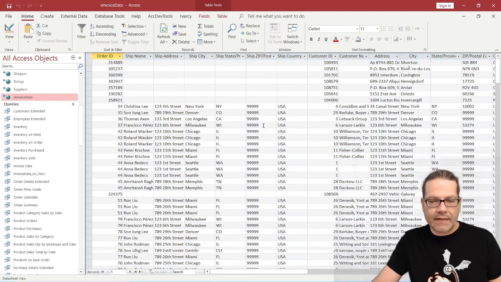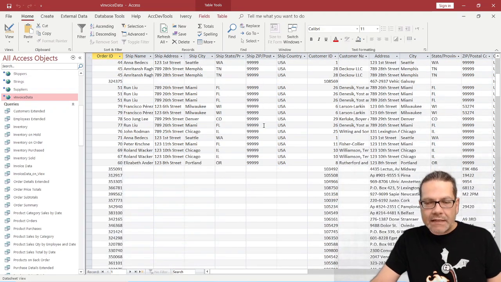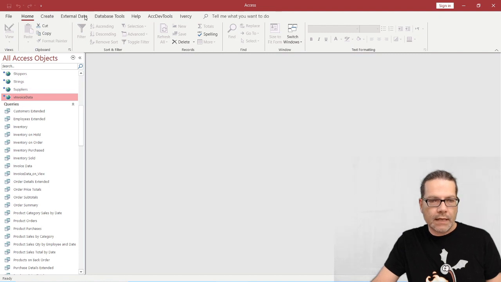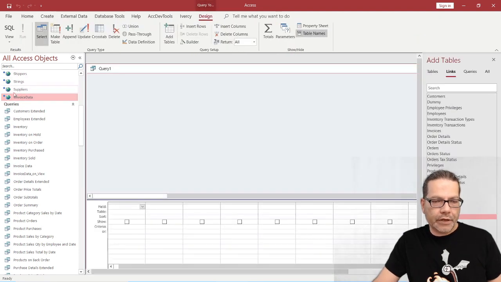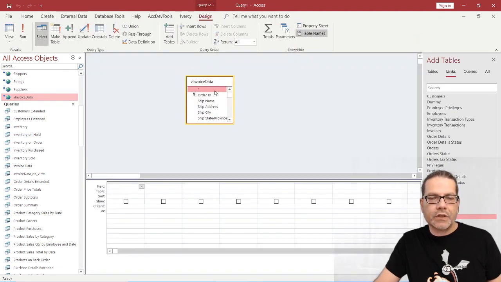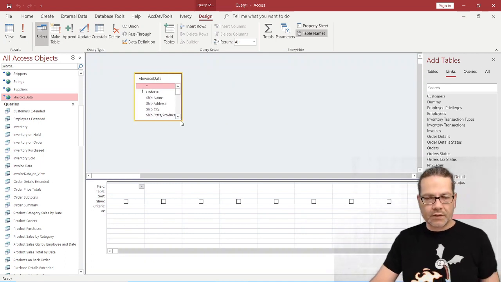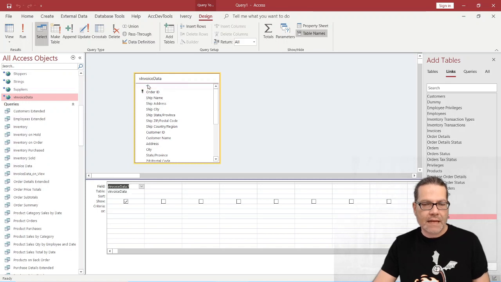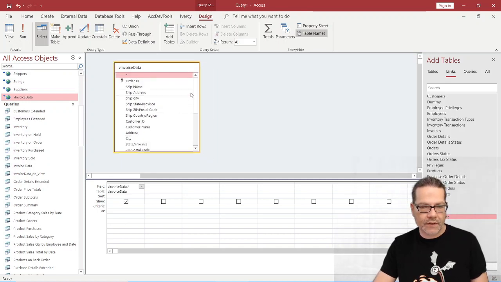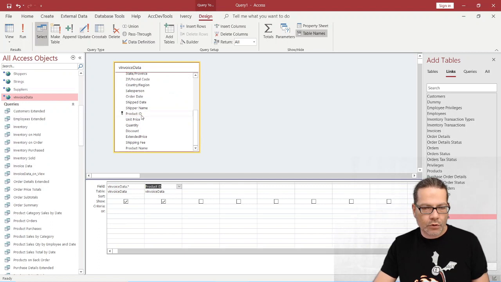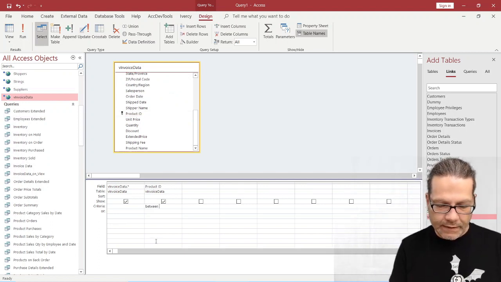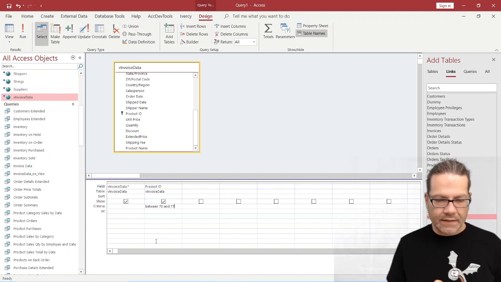If we go back to our original performance problem and create a new query and now pull in the invoice data view, which resides on SQL Server and is linked to the local database, and do the same as before, like adding the star, going down to product ID and saying it should be between 70 and 77,